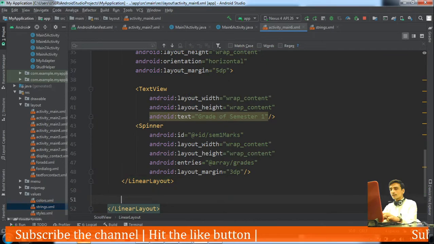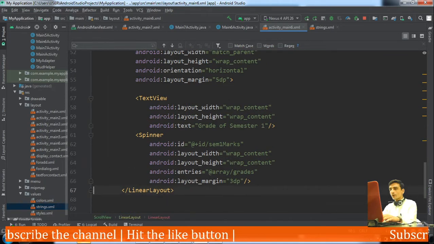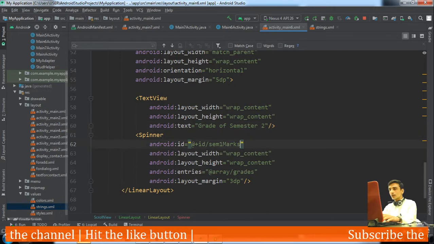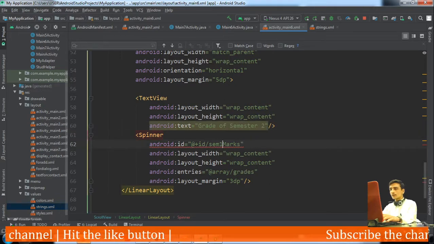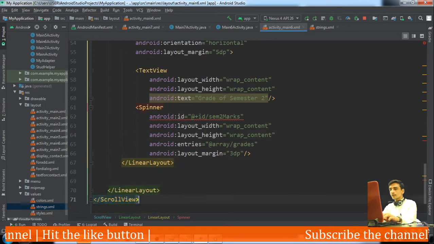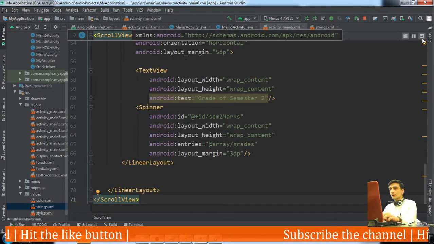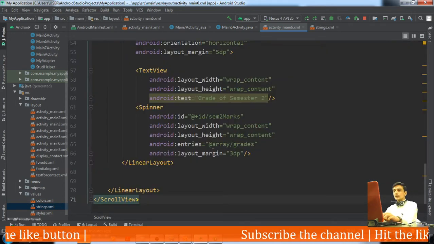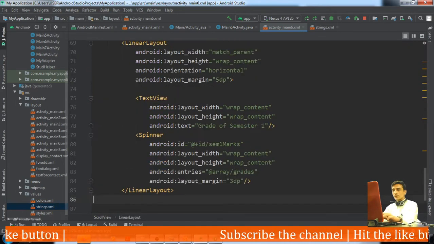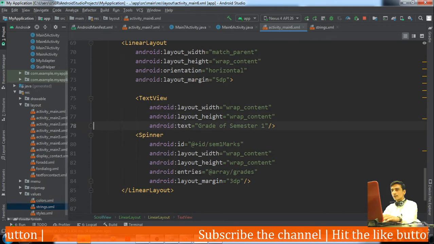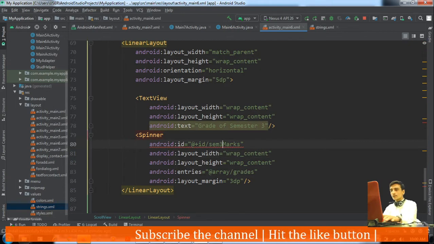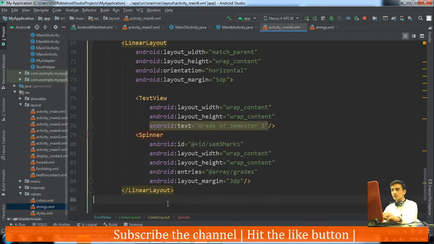Okay, for semester 2. Here we will say select grade for semester 2, and sem 2 marks in the spinner. Let's check how it looks. Okay, it's fine. Then again for semester 3 we will say grade of semester 3, and the ID of the spinner will be semester 3.